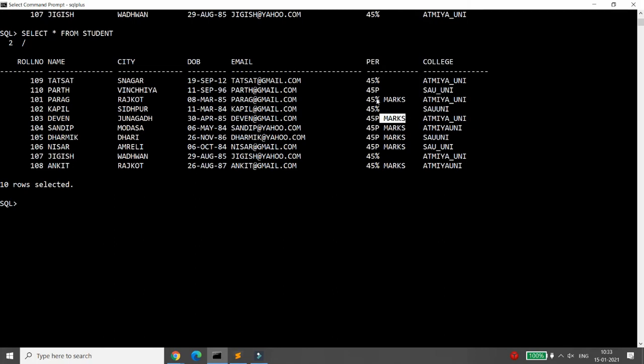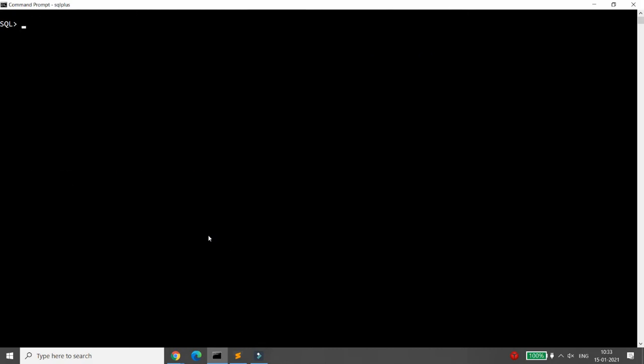So if it starts with 45 and contains the percentage symbol, followed by any letters it has, that I want to display. How can we do this? Simple. We can write where percentage like 45, then percentage. It means it will look for any letter.